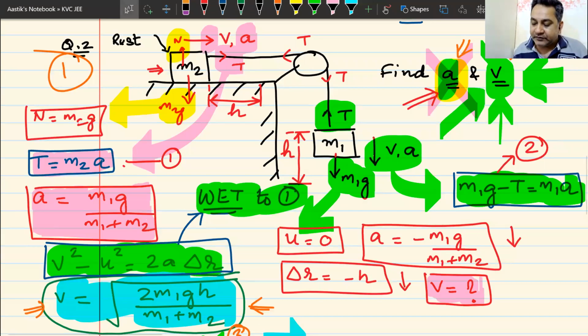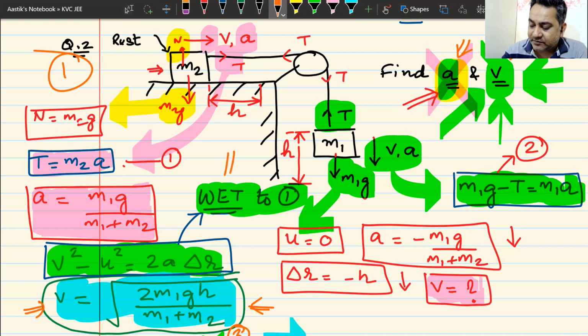You can see that method required a lot of calculations. First, we had to find acceleration. We had to draw all the forces. Then I had to use v square is equal to u square plus 2as. Same question. But now, why are we able to do it smartly? Because now we have become a bit more mature, and now I can use a different method. It's not actually a different method, as I told you.